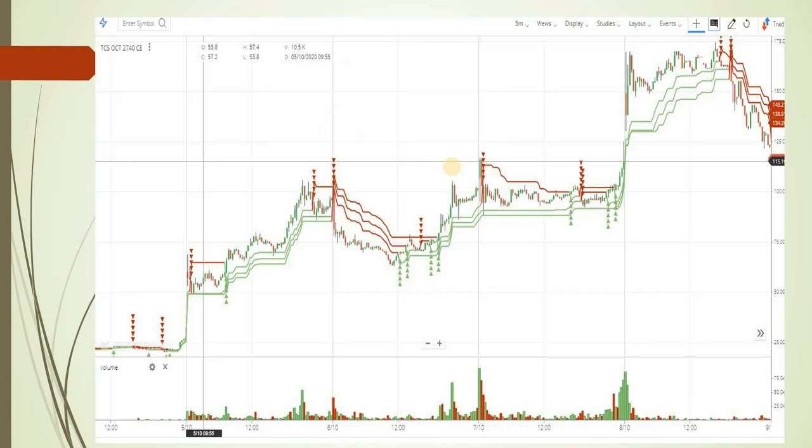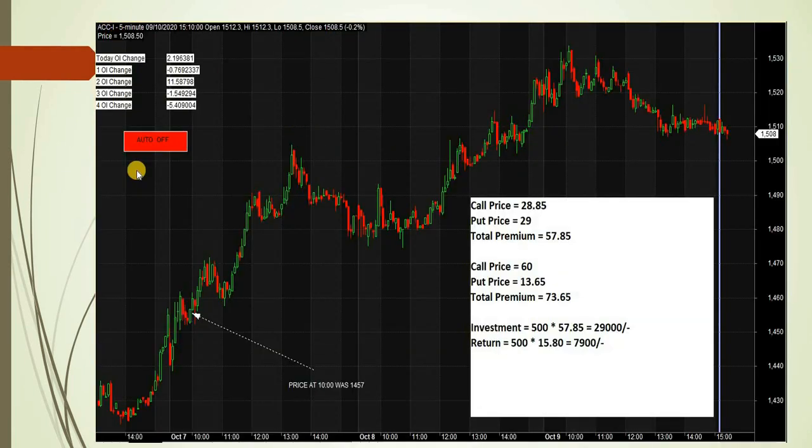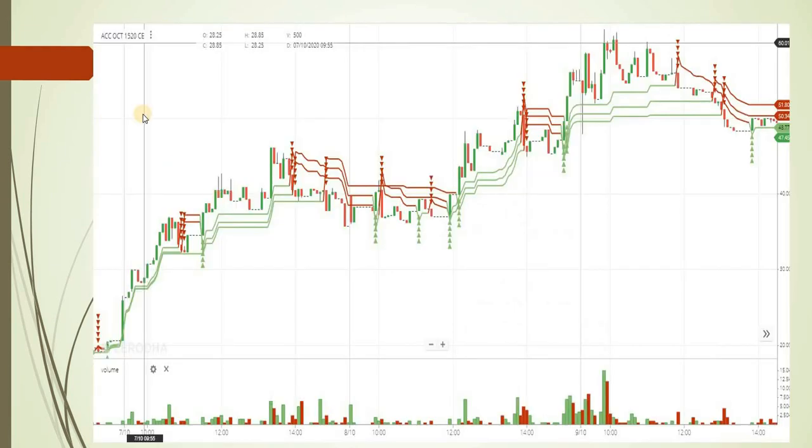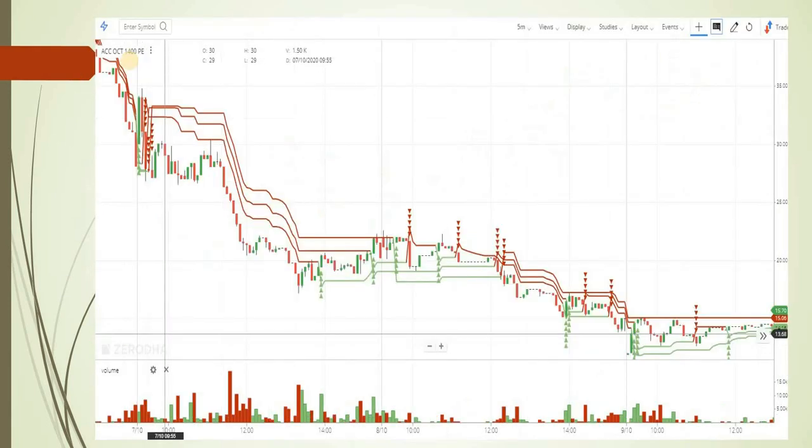We look at one more example, ACC. Again, I have selected 9th of October, and if we see the change in OI figures, on 2 OI change we are getting 11.58% OI change, which comes to 9 minus 1 minus 1. On 7th of October we got these figures, so we did the same thing. At 10 o'clock the price of this stock was about 1457, so 1457 into 5% comes to 72. So we will buy a strangle within 70 points of this range. In this case, let's say we bought a 1520 call and 1400 put.